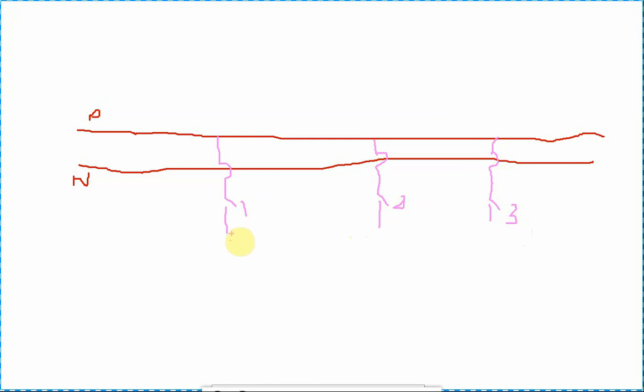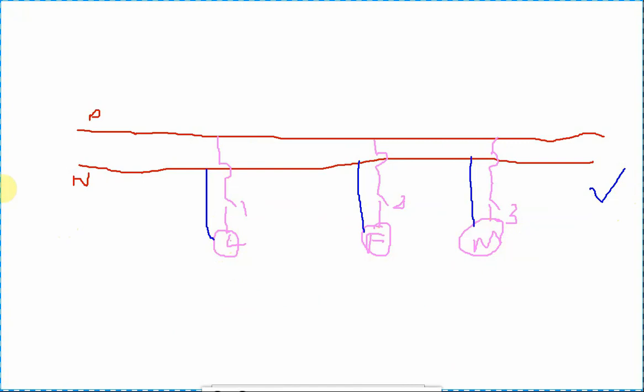You connect it to the lamp. This is a lamp, this is a fan, lamp, fan, and a motor. The neutral terminal is directly connected to each one. That's all. So this is a single line diagram, with light, fan, and a motor. The previous one was the practical diagram I showed you. This is a single line diagram. So this is a household connection diagram.